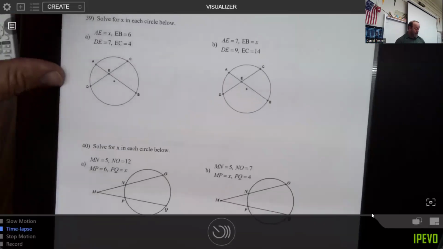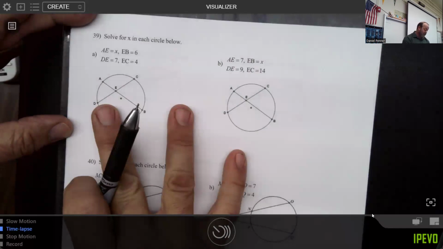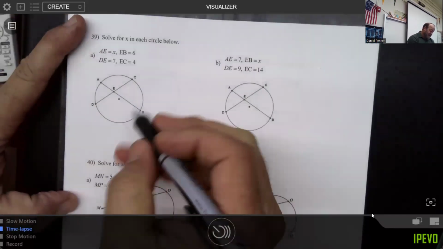Okay, we'll take a look at the next couple pages. We're starting on circles and facts surrounding circles, like angles and arcs and chords. So here we go. For my problem 39, which I think might be your problem 41, it says that